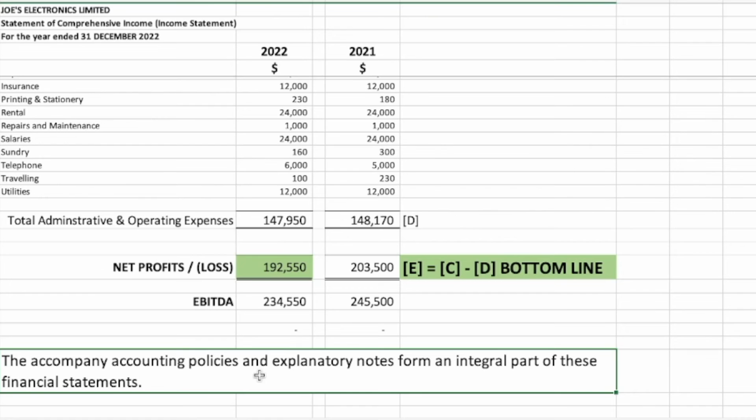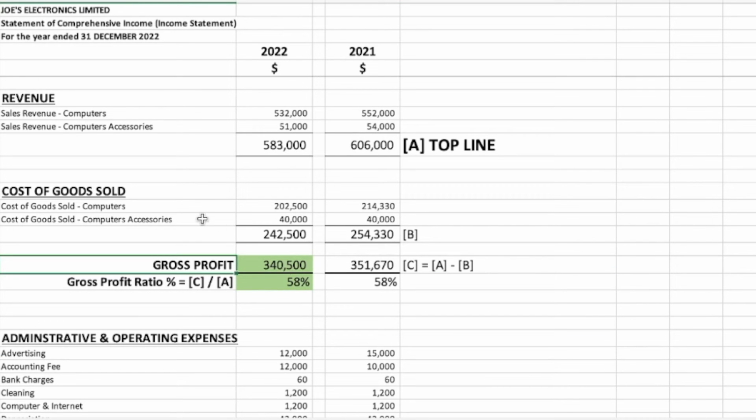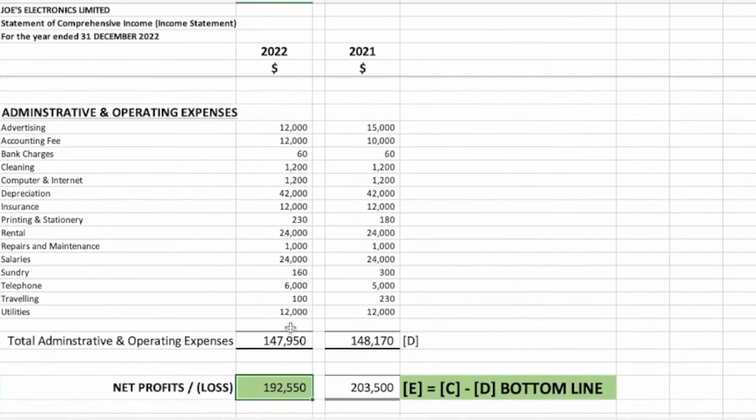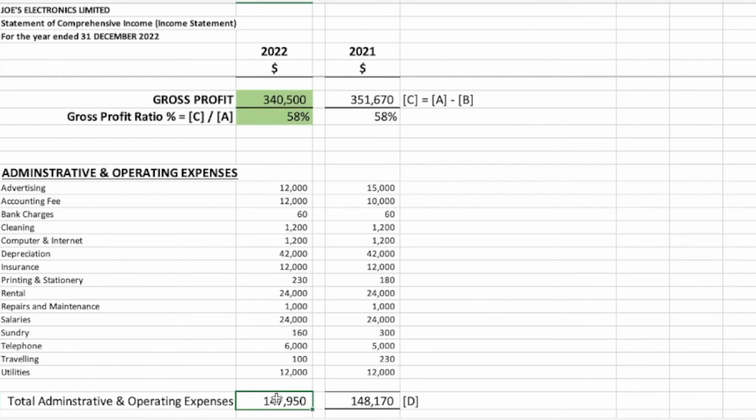and their accounting policies. Just to recap, the gross profit or gross loss is calculated by subtracting cost of goods sold from the net revenue. And net income is the profit earned by a business after all expenses have been deducted from the gross profit